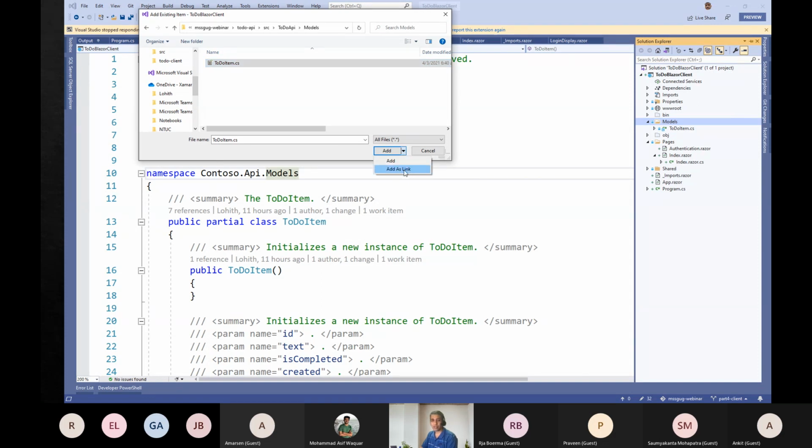There is this small little trick that we used to do a long time back, when we had to use the same class file in multiple projects, which is add as link, meaning the file is going to be residing in this particular folder, ToDoAPI src ToDoAPI Models. But when this particular client project gets built, I've clicked on this add as link,